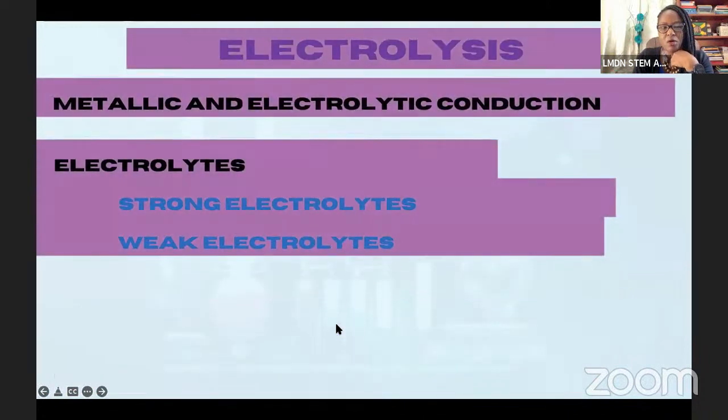And now, we touched on this just now when we were talking about what conductors are. Under conductors, we have two broad classes: metallic conductors and electrolytic conductors, right? And so from a metallic standpoint,